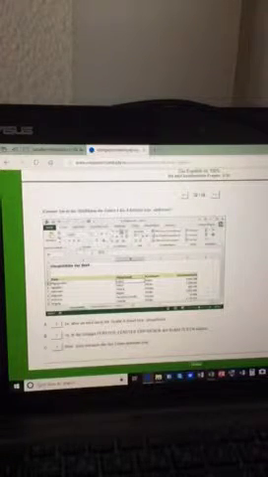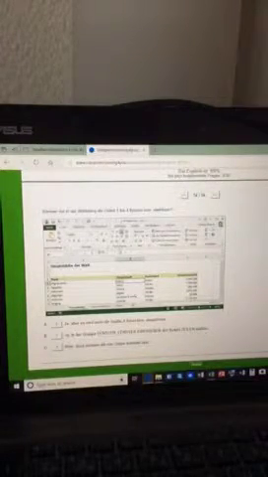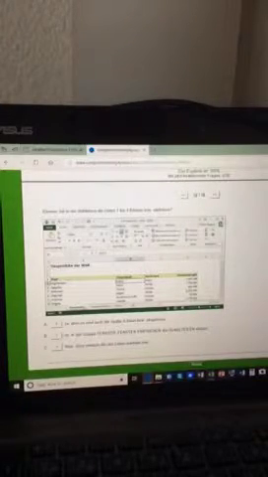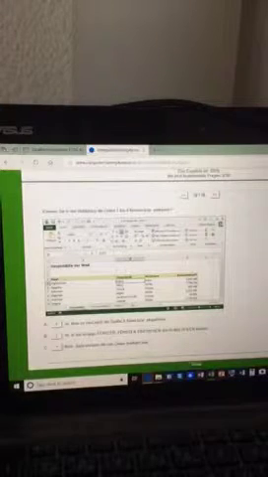In English, according to this worksheet right here, could you freeze row 1 to 4? I would say